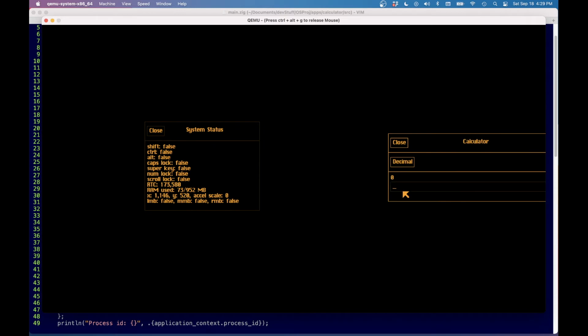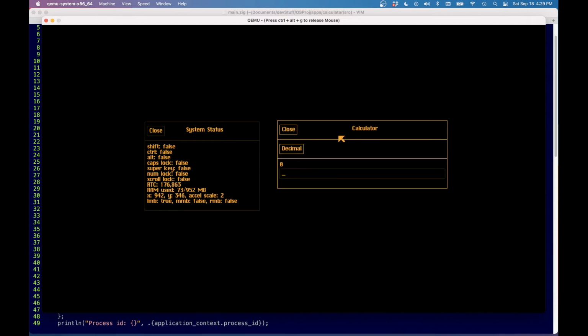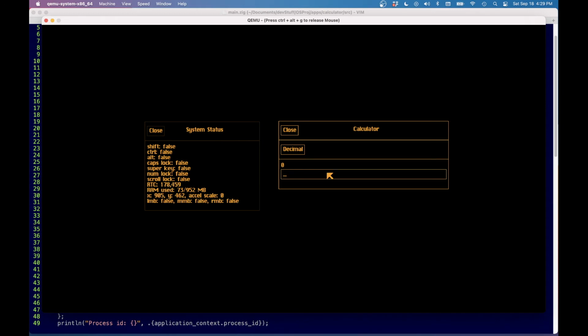We have the calculator, which is an integer calculator. It doesn't do floating point or decimal point right now. Do 4 plus 5, and then we get 9. And it also supports hexadecimal. You have to prepend everything with 0x, and it will give the